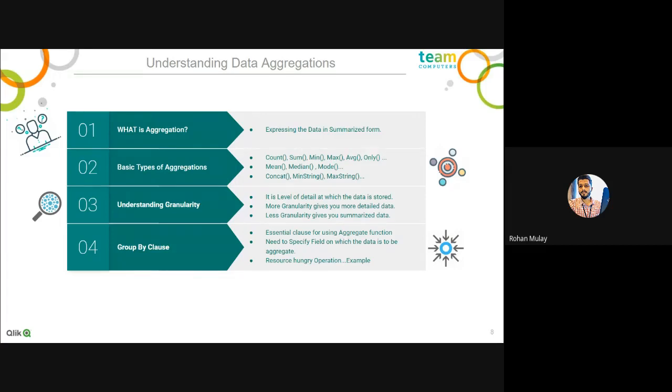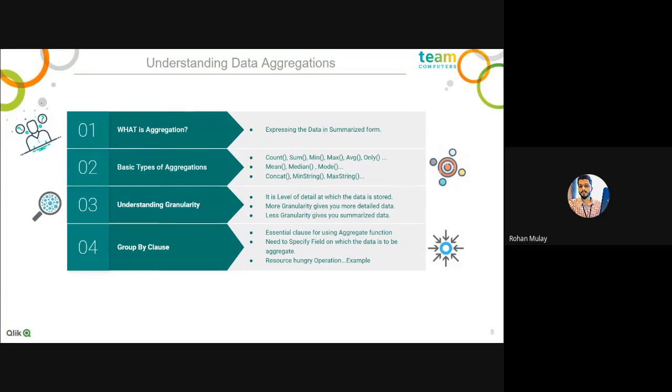Let's take a simple example. We must have heard this word granular in scenarios where we say granules of salt, granules of sugar, which means the particles, the detail level of the information. Say I take a pinch of salt and count the granules, and I get, suppose, 150 granules. I take a pinch of sugar and count the granules, and it will be 100. So I can say that salt is more granular than sugar, which means that salt has more information.